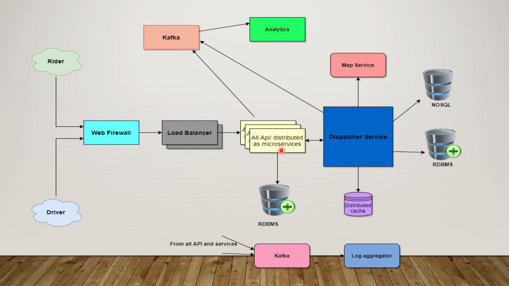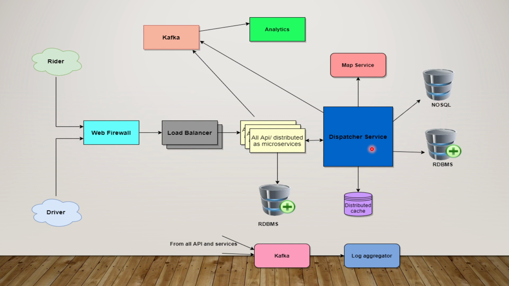Basically, if you are using Java microservices, you can go with Netflix service discovery. The Netflix Eureka client can be used for scaling up your microservice APIs. And yes, if you know about microservices, then you know you can implement a lot of features like circuit breaker and all those things in your application. And the similar thing will go for the dispatcher service.